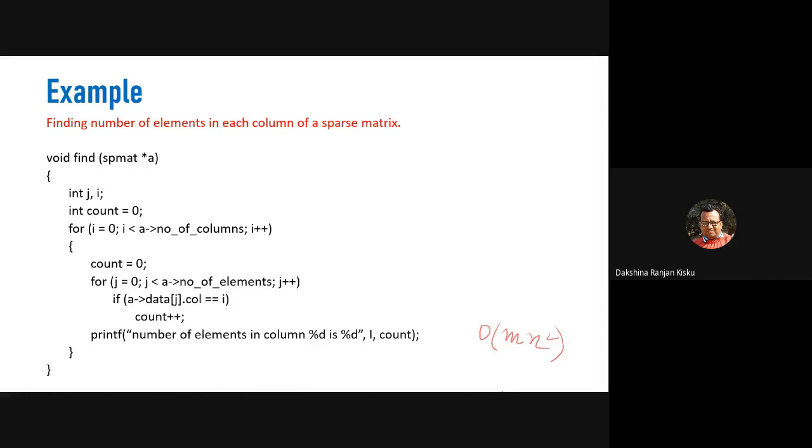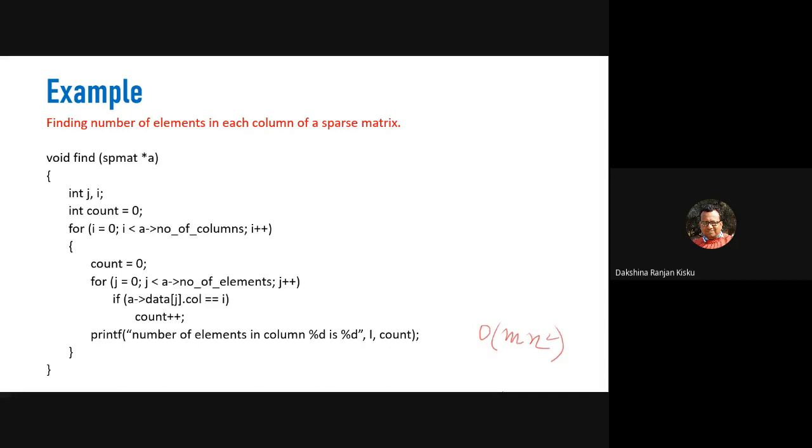because here m is the number of rows, n is the number of columns. So initially we will have the time complexity order of mn in the worst case. Since the number of comparisons is p into n, where p is the number of non-zero elements, n is the number of columns, the time complexity will be order of mn square.